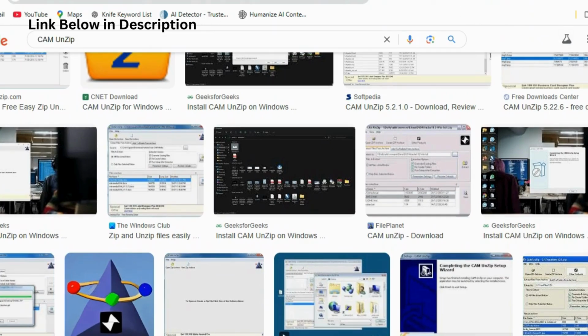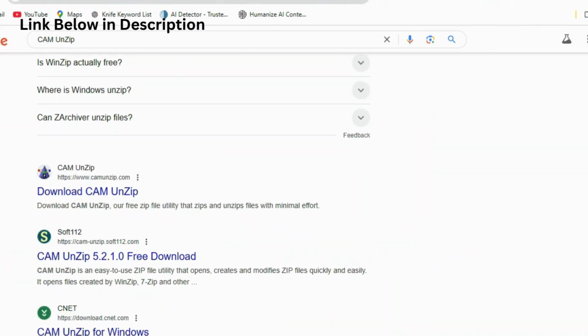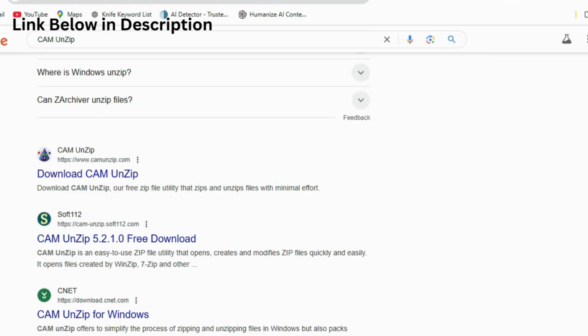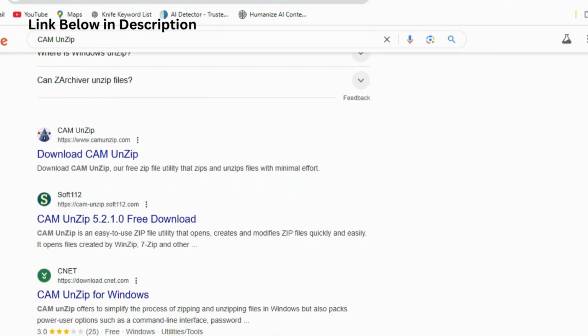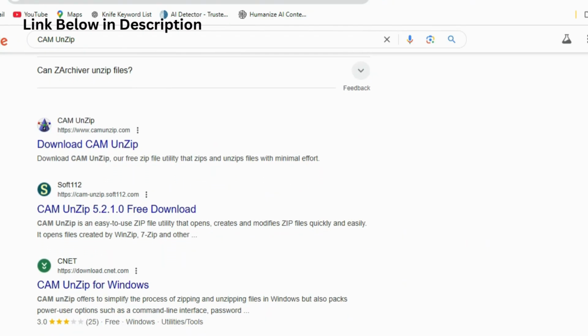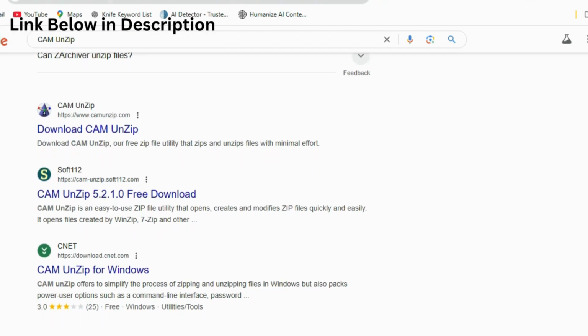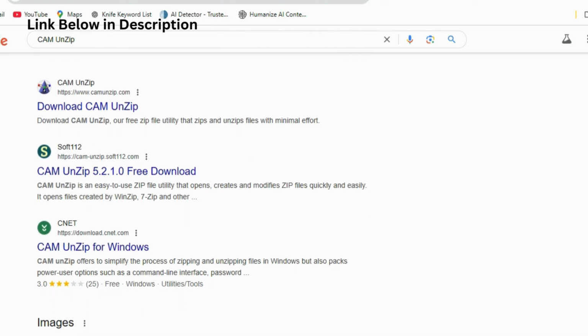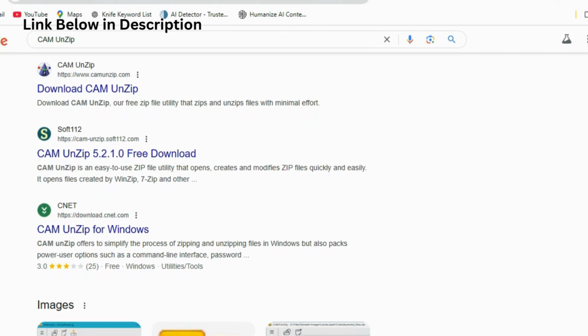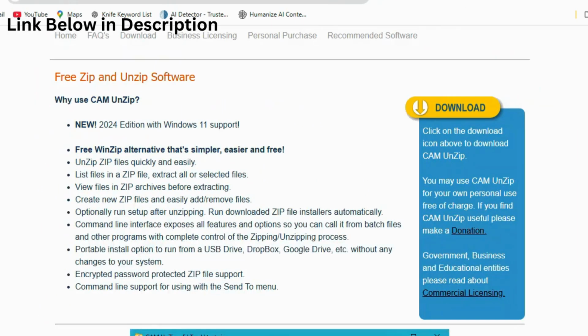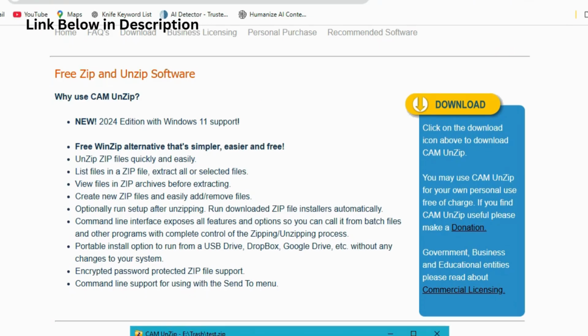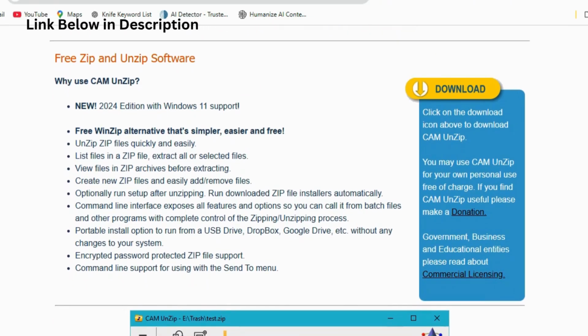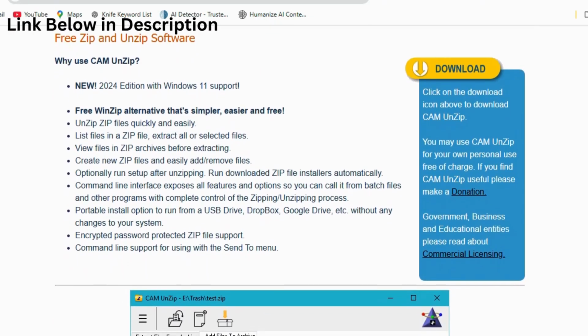files contained within. In addition to extraction, CAM UnZip supports the creation of zip archives, allowing users to compress files and folders for easier storage or sharing. The software provides options to customize the compression level, helping users balance file size and quality. It's an excellent tool for reducing the size of large files, making them easier to send via email or upload